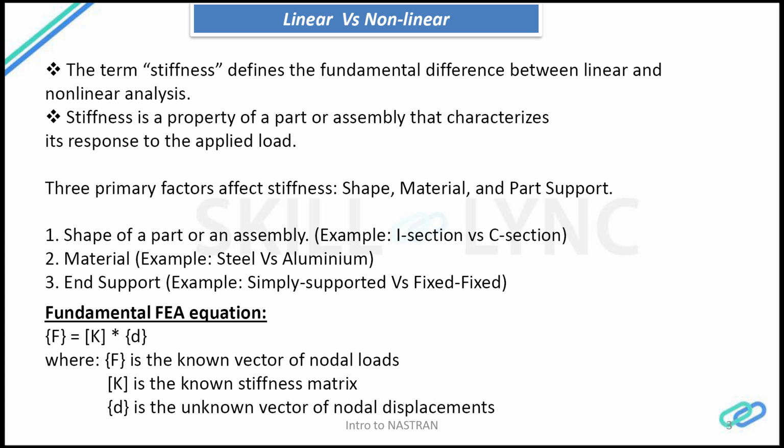There are three primary factors that affect the stiffness. What are those? Those are shape, material, and the support, the boundary conditions. The shape of a part or an assembly, whether it is an I section or C section in terms of a beam, or in terms of a plate, whether it is a thick plate, thin plate, etc. And then the material,